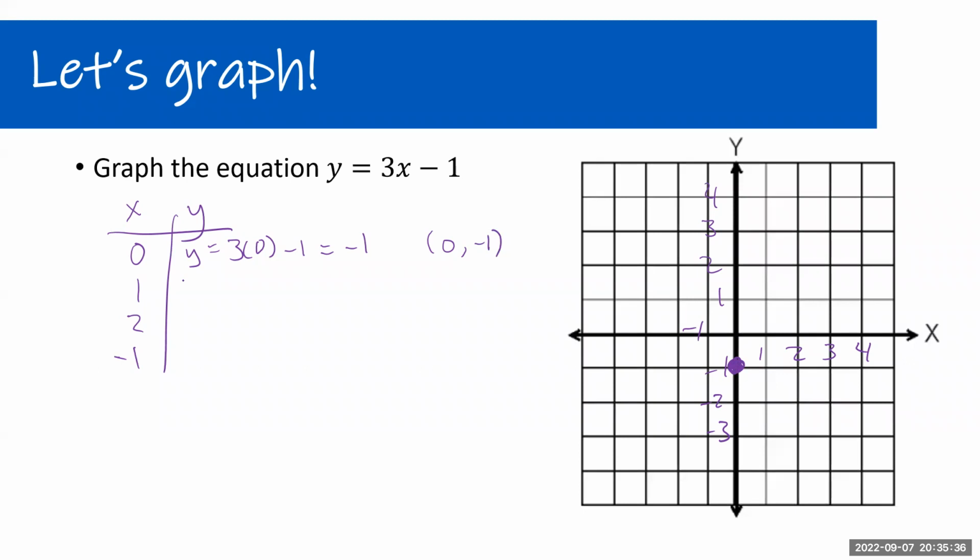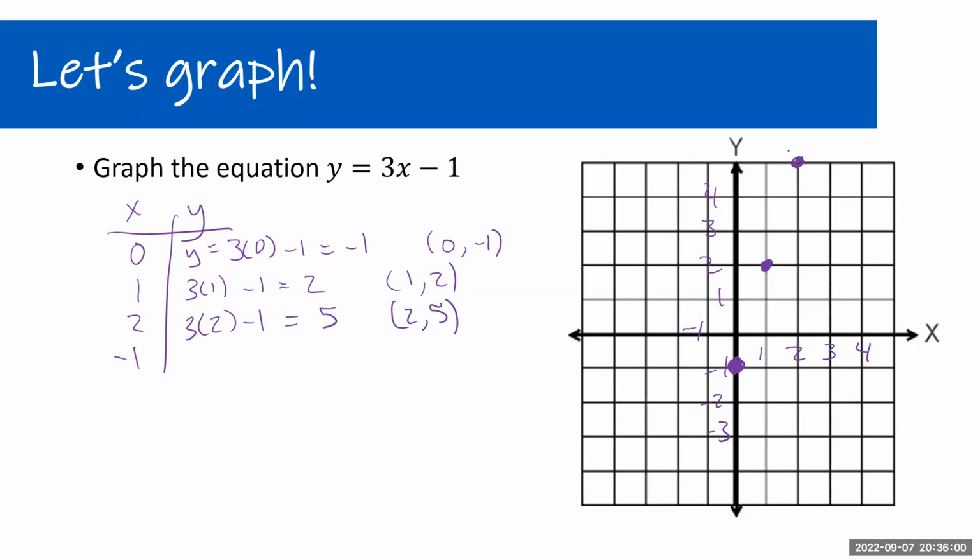When x is 1, we're going to have 3 times 1 minus 1, which is going to give us 2. Okay. So we're going to have the point 1, 2. Okay. When we have 2, we're going to have 3 times 2 minus 1, which is going to give us 5. So we're going to have the point 2, 5,